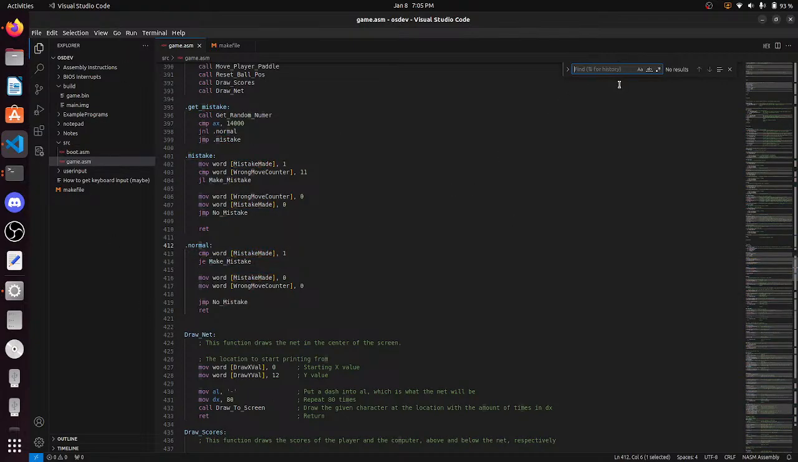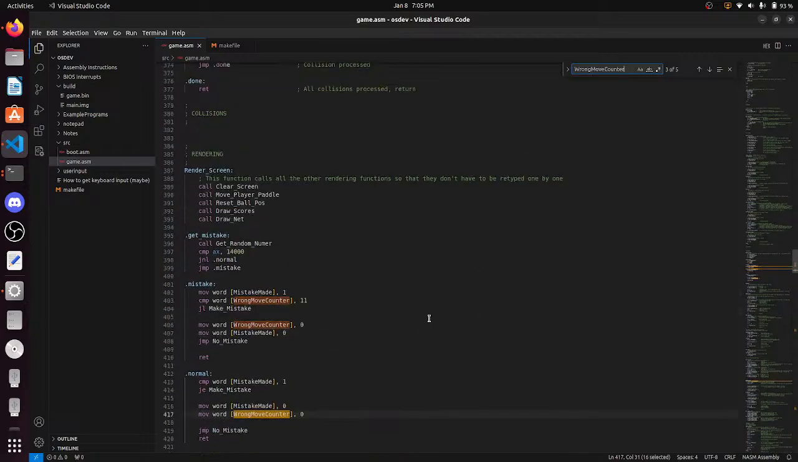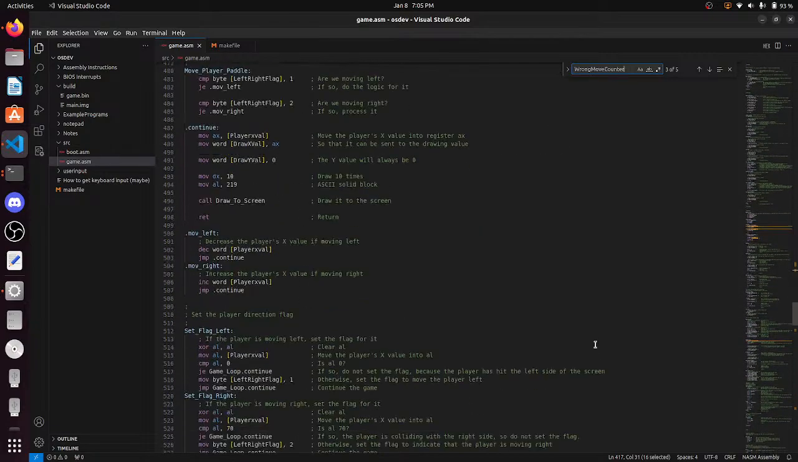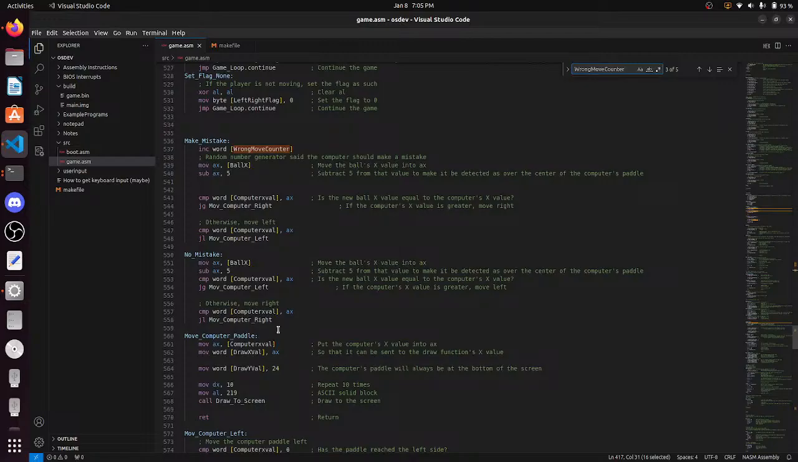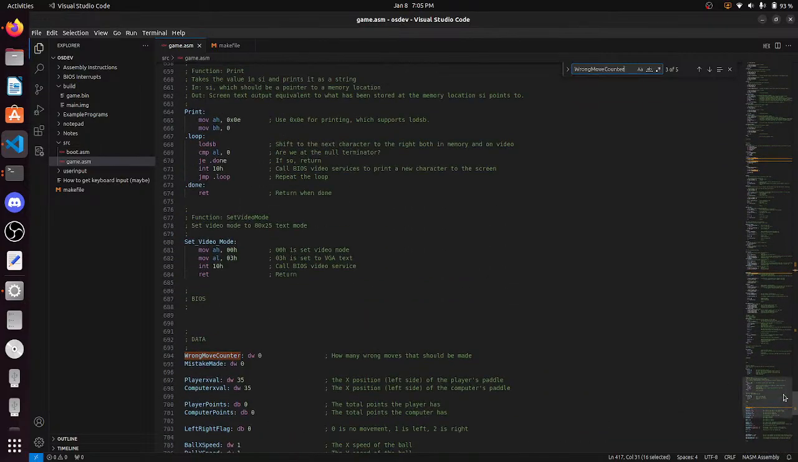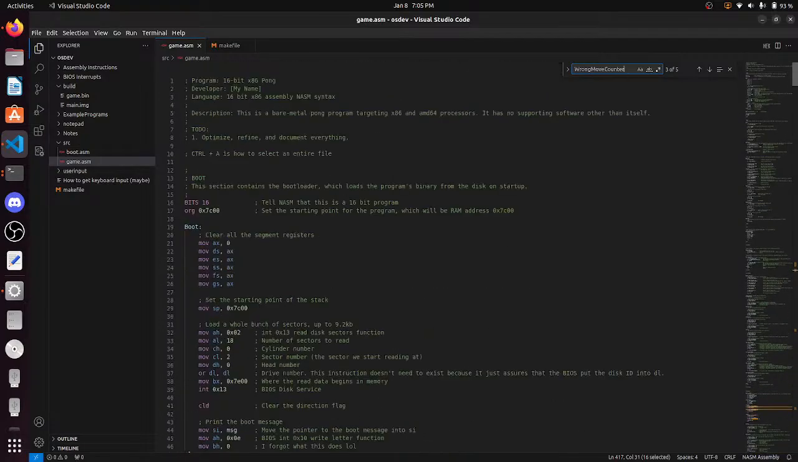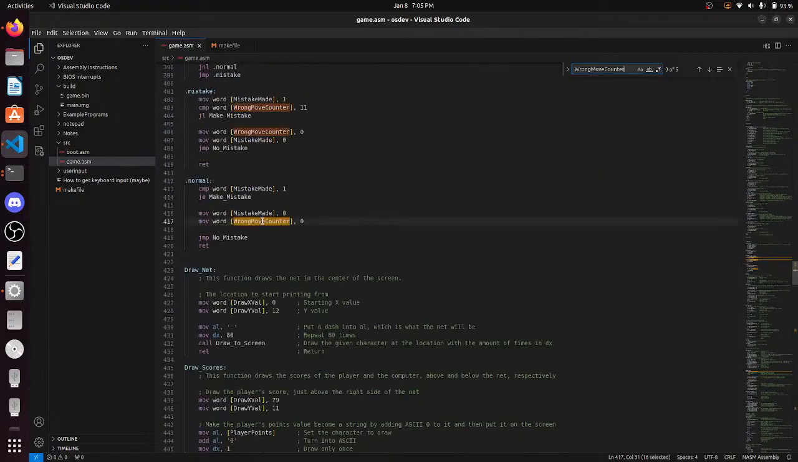Okay. So then, wrong move counter. Okay. Let's see where else it's affected. Down here. Yeah, that's in make mistake. Makes sense. And then down here, that's where it gets declared. And then nowhere else. So if it's not an issue with that,